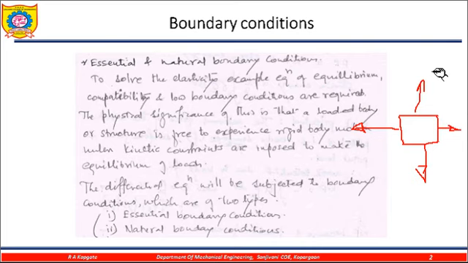Now if this body is free to move, it can move in any direction, so ultimately we could not solve this problem very easily. For that purpose we need to subject a certain constraint on this object. So what we can do is keep a constraint at one end, this side, where I have restricted the movement. If I keep a restriction on this movement, then this object could not move in any direction.